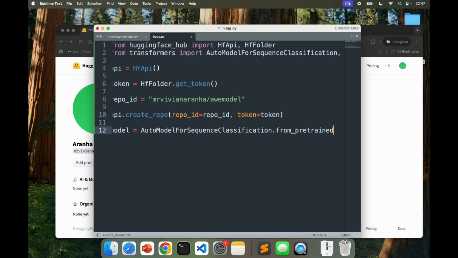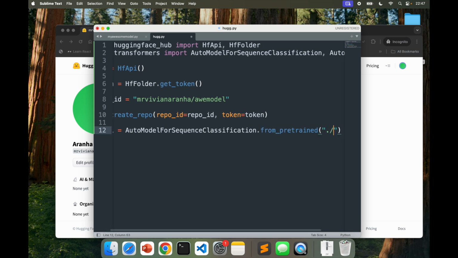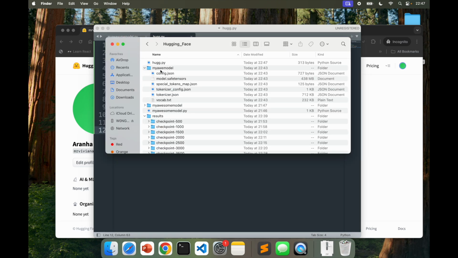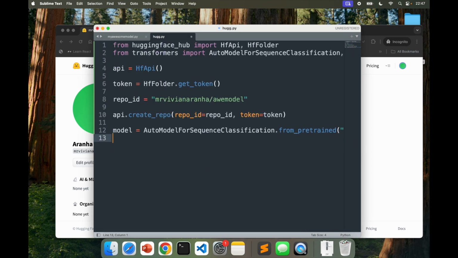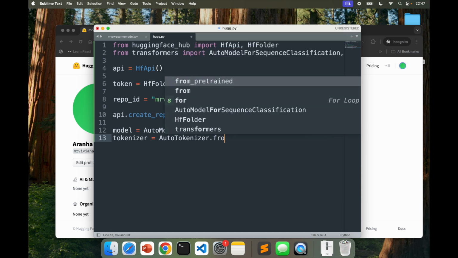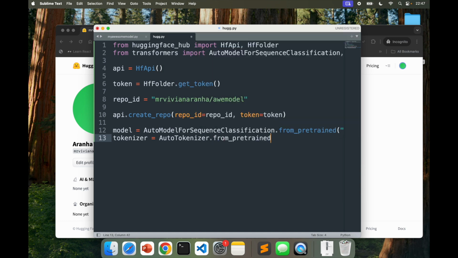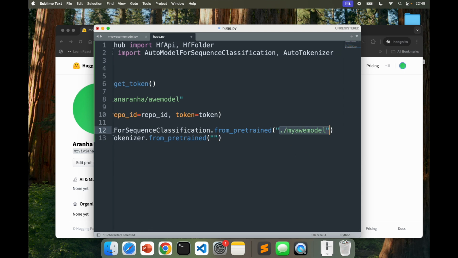I'm gonna go here and say AutoModelForSequenceClassification from_pretrained, and that is available in this same folder, and that's called my model. So I'm gonna use that. Say this is the folder where the model exists. Next I'll say tokenizer equal to AutoTokenizer from_pretrained, and I will do the same thing. So I'll have both of these guys,